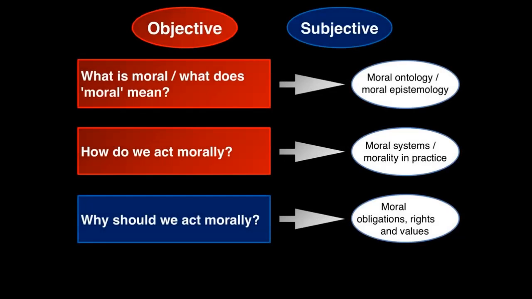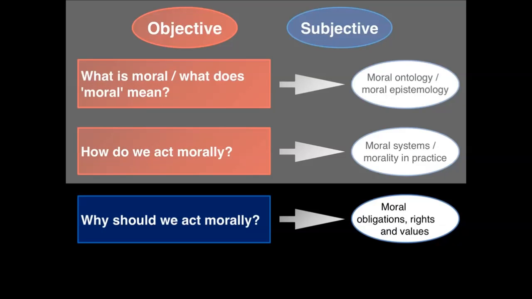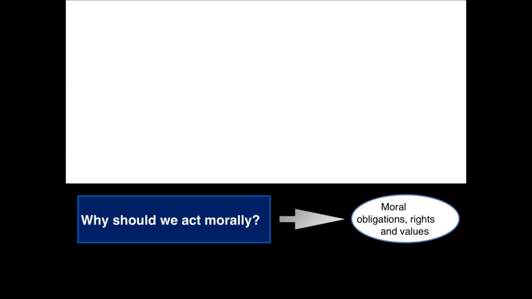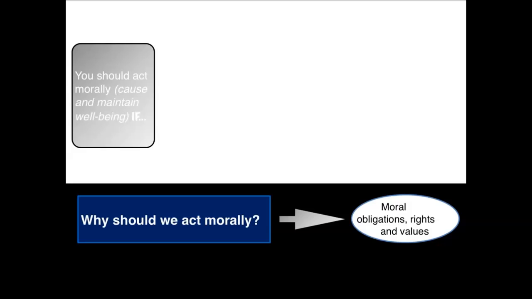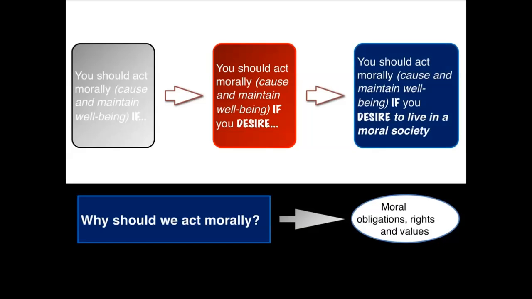But the third corner mostly relates to the third question: why should we act morally? Due to the impossibility of any objective ought, this question is predicated on an if, which in turn is predicated on the desire of the agent in question. Things we recognize as moral oughts are predicated on the desire of living in a society where well-being is caused and maintained and harm is avoided as much as possible. If you want to live in such a society, certain oughts and rights